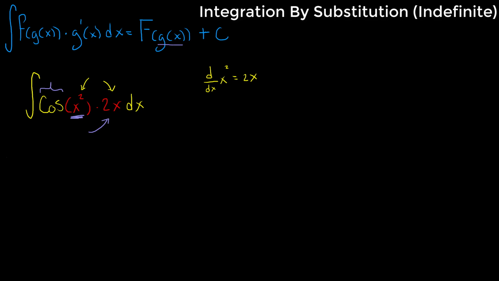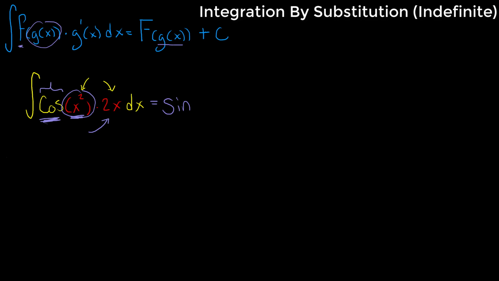Now, the only thing is, we have f. Well, what's f? That's cosine of something. So we have cosine. Well, what's the antiderivative of cosine? That's going to be sine. And so we can confidently say that the antiderivative or indefinite integral of cosine of x squared times 2x dx will be big F, so that's the integral of cosine, which is sine